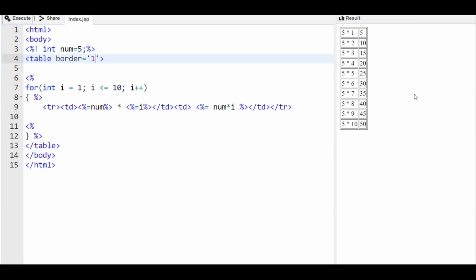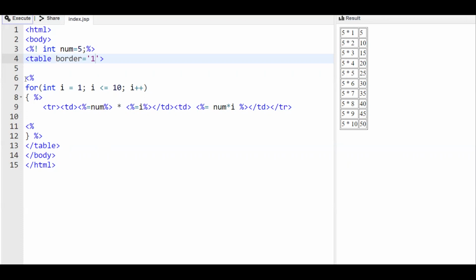So if you want the coloring, you can also add it using the color attribute for each row, and any HTML attribute, cell spacing, cell width, cell padding. So everything you have learned in the web programming subject can be applied here. Okay, so this is an example of how the for statement works.